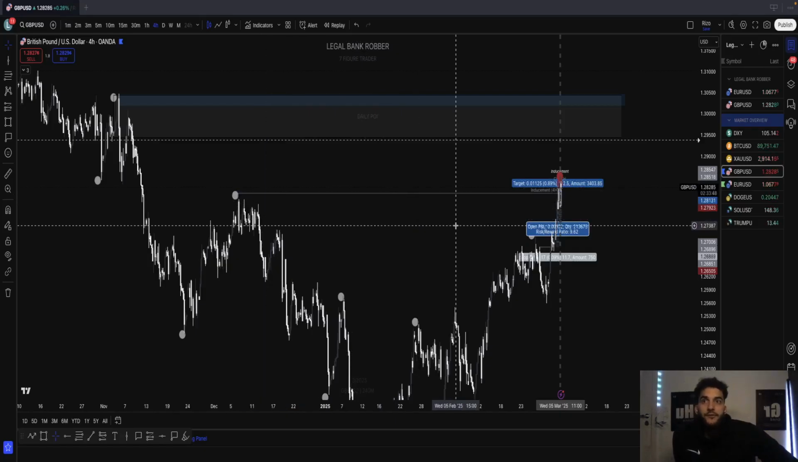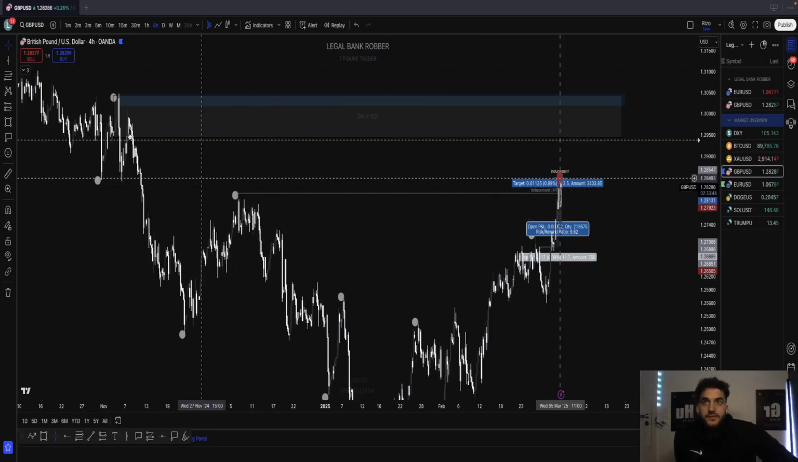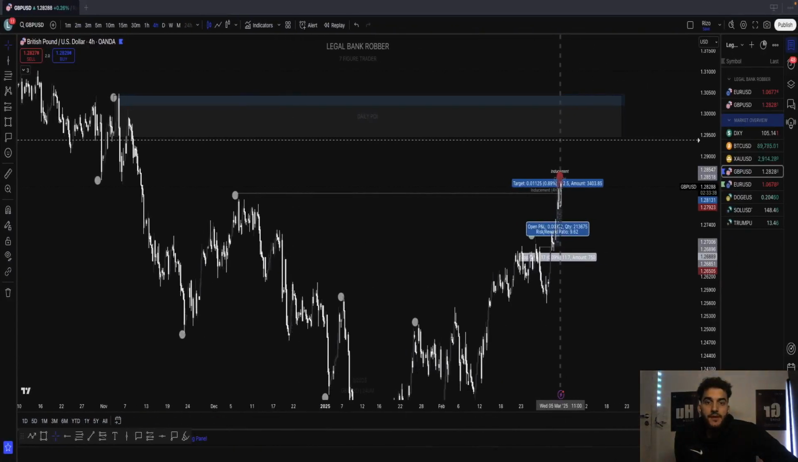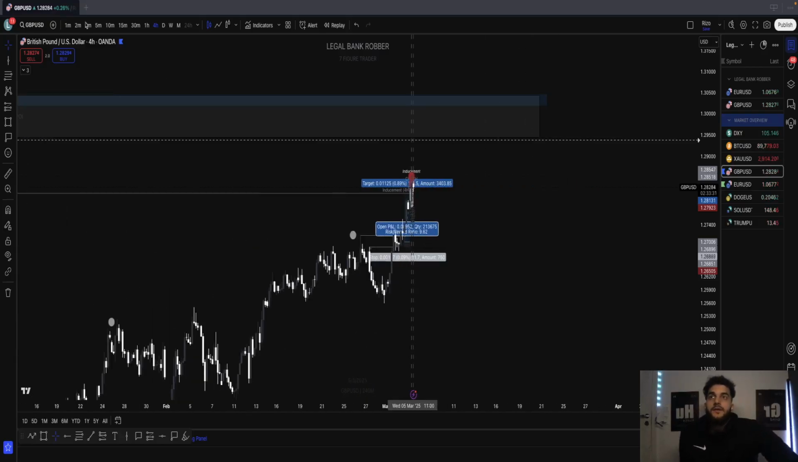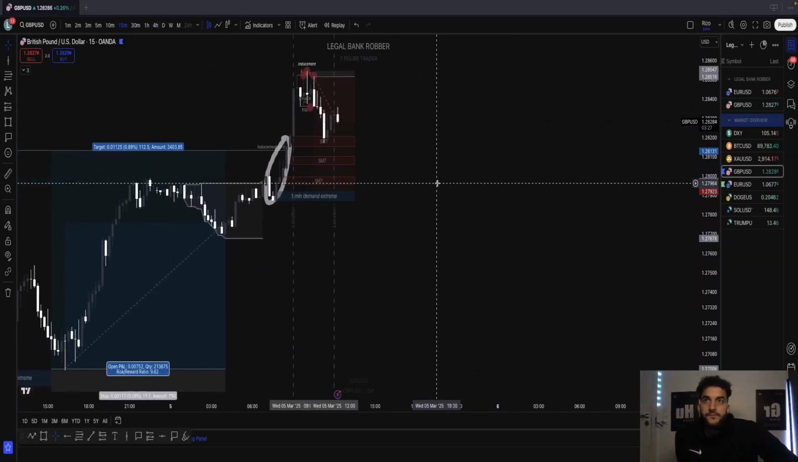So I know market has induced this 4-hour liquidity. So that means also that market has swept the 4-hour liquidity. Okay. On the 15-minute, we see